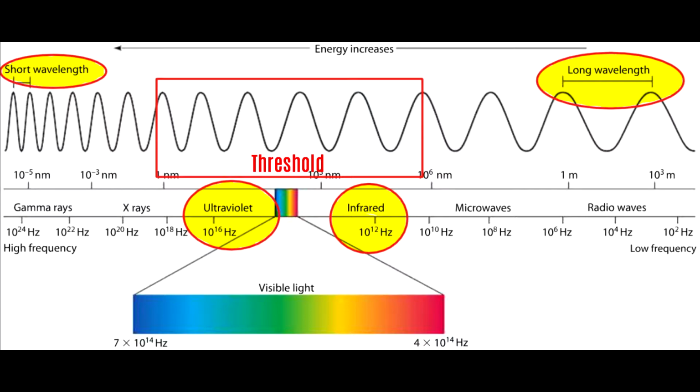Okay, so what we want to pay attention to on the electromagnetic spectrum now are the two areas I highlighted in the center, which are ultraviolet and infrared waves. As you can see, ultraviolet over to infrared, they're very close to each other on this graph, but one wavelength, which is UV, has shorter waves than the longer wavelengths, which is IR waves, okay? And in between these two wavelengths, there's a threshold from how far ultraviolet waves can extend before they become infrared